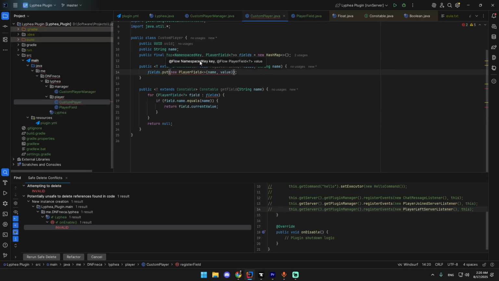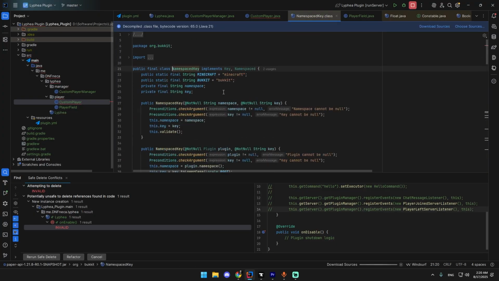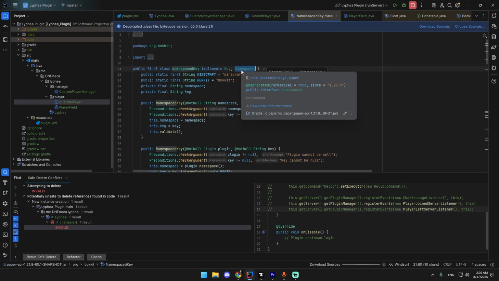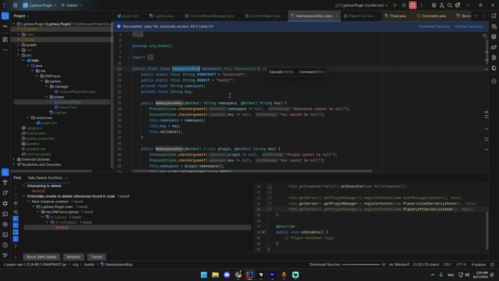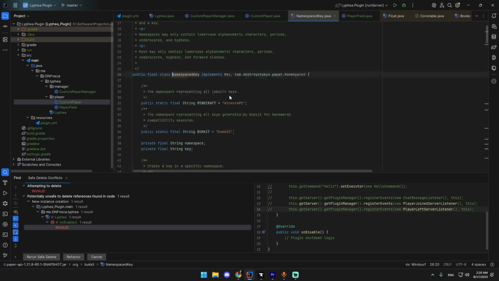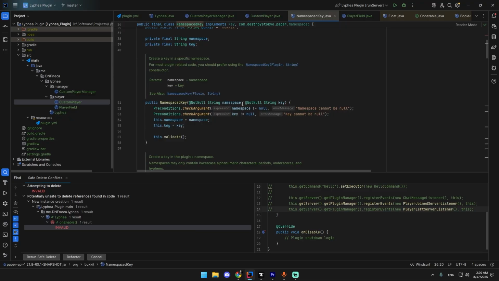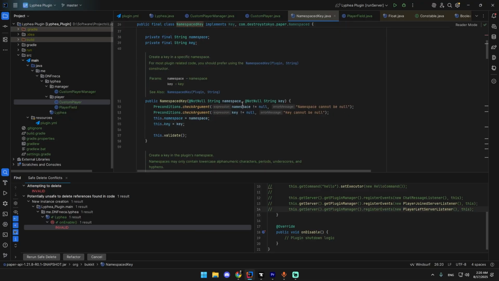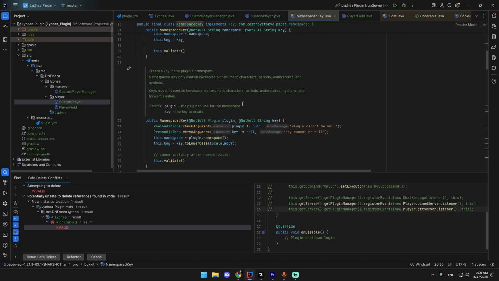But what is this namespace key? Now, if you look at the code, it's a key and namespace. Wow, thank you, we couldn't guess. But it's basically how Minecraft stores all of its stuff. Minecraft stores keys that reference the things that are in the code, or sorry, in the files. Basically, recipes, recipes that could be crafting recipes, furnace recipes, blasting recipes, grindstone, and whatever other recipe, even custom recipes,